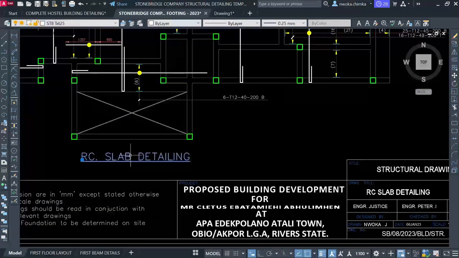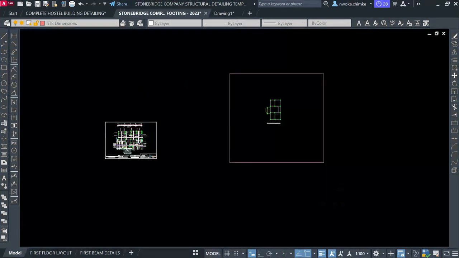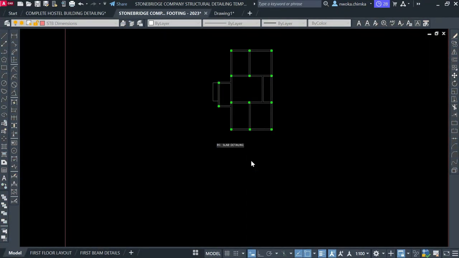I'll just come here and click on this place, and then wait for it to load. Right click and then say copy. I can see it here. I'll now go here again and right click and then say paste. Okay, and then